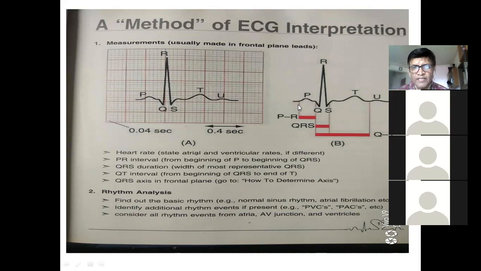So what I was saying, the part of an ECG, if you take an ECG paper or a report, they will give you the P wave first, correct? So when you report an ECG, today we are talking about how to report an ECG. So what are we looking at first?